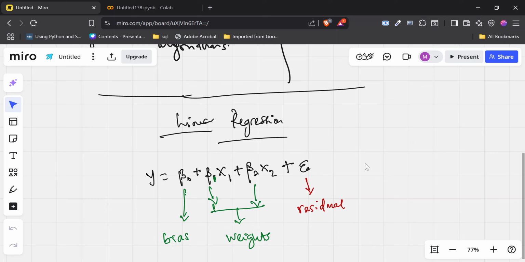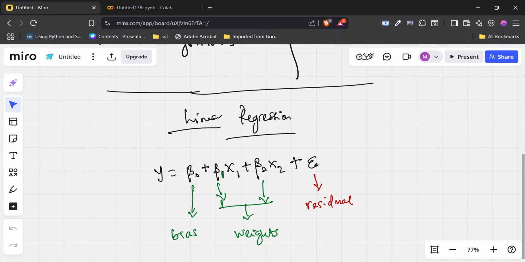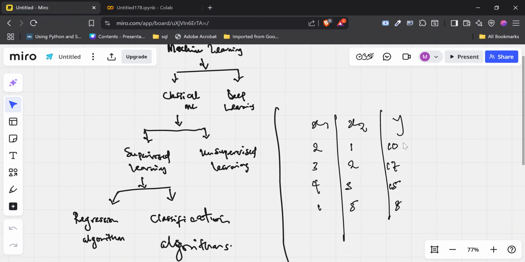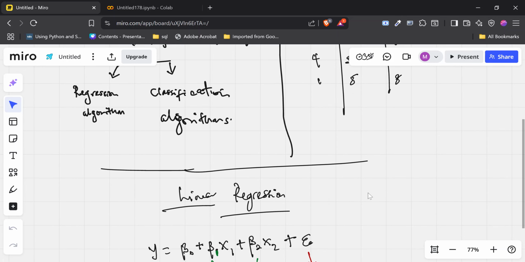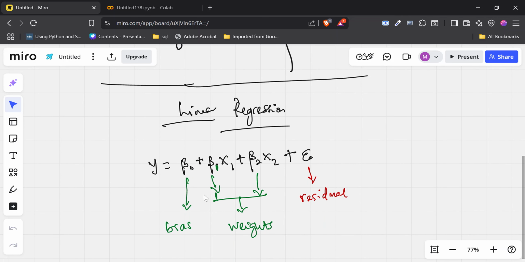That means that for us to actually get the solution of this y here, for us to be able to model this y, that is use these two x's to predict this y, the relationship that exists between them is that if you take some beta naught, which is the bias, add it to the product of a weight corresponding with this x1, another weight corresponding with this x2, plus some residual, some error that we cannot model, then what you are going to have at the end of the day is this particular y here. Don't forget I mentioned that this residual is another name for noise. We really cannot model it.